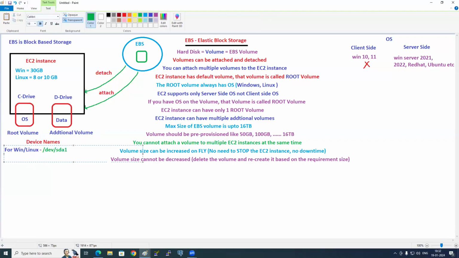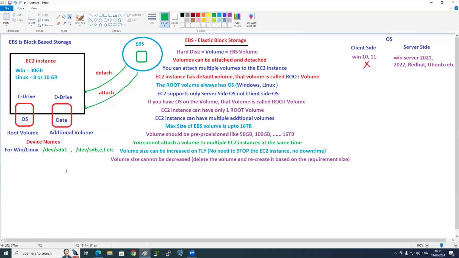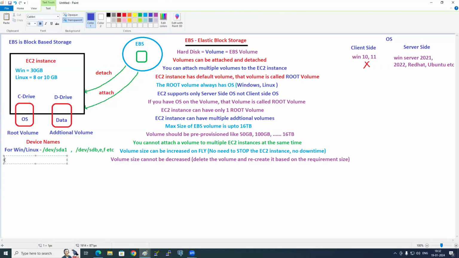For additional, it is /dev/sdb, sde, sdf, etc. And remember, sometimes for Ubuntu machines, the root volume is /dev/xvda.